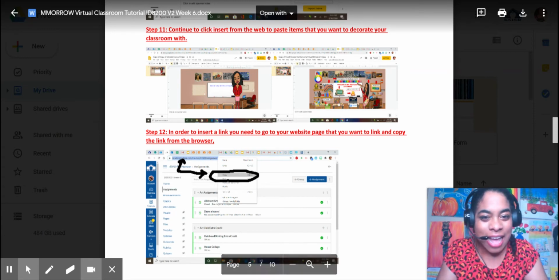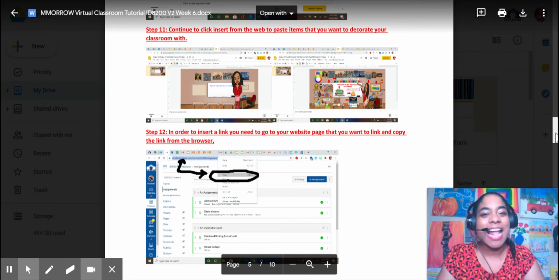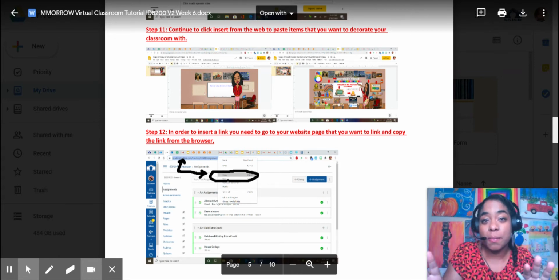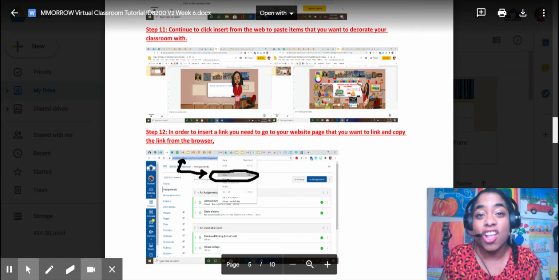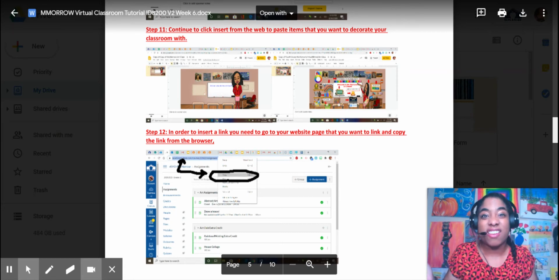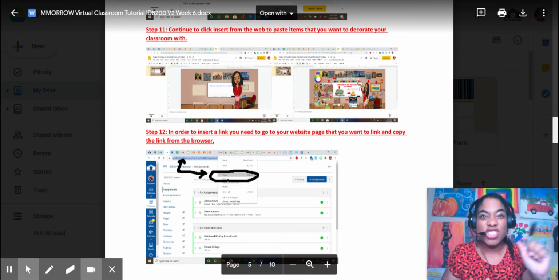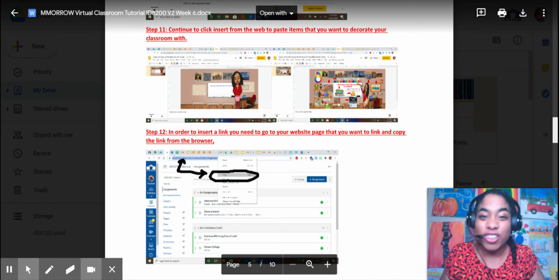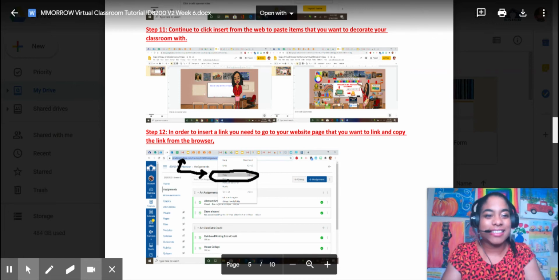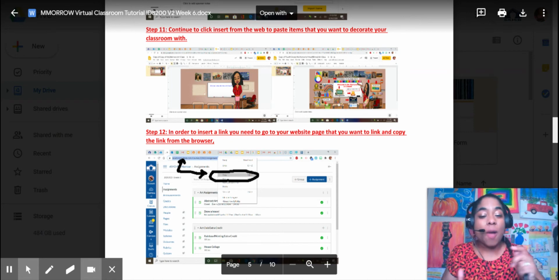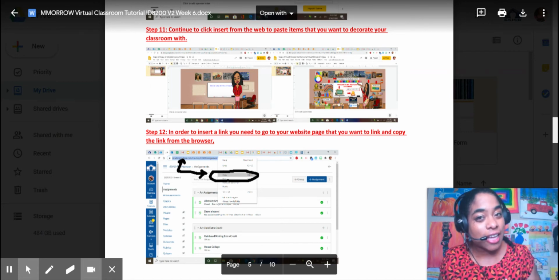See all the things I added to my art room, posters. Now, this page is going to be your menu because students are going to need to click on certain icons or symbols to get to your class website. So on your class website, it could be Canvas, Google Classroom, you're going to have different pages. So you want to have a link on your virtual classroom that links to your page. So remember, these steps is a sequential tutorial, and it encompasses the Gagné's 9 Events of Instruction ID model and